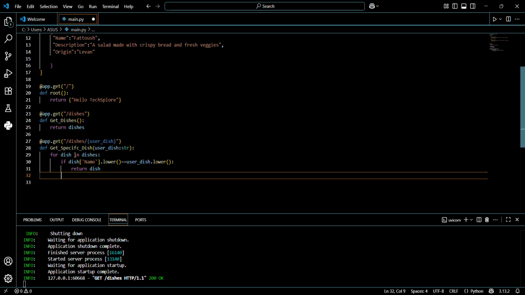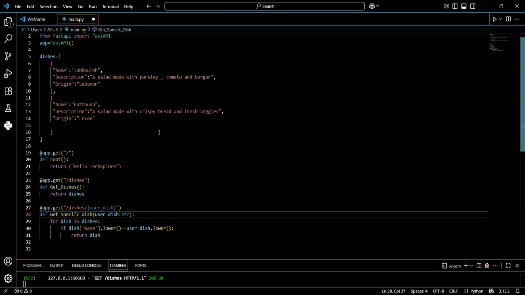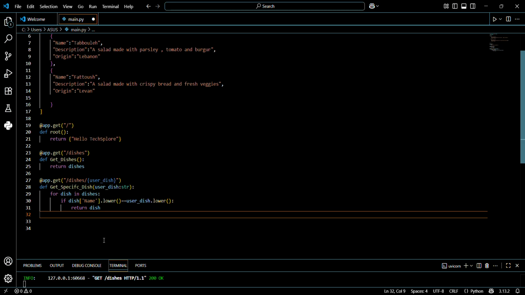Now let's say the user entered a dish that was not in our list. We're going to run this for loop, compare the user dish that was entered with the names of all the dishes inside of my list. And then if we didn't find a match, I'm just going to return an error statement that says, sorry, I couldn't find the dish name that you entered. So we're just going to return